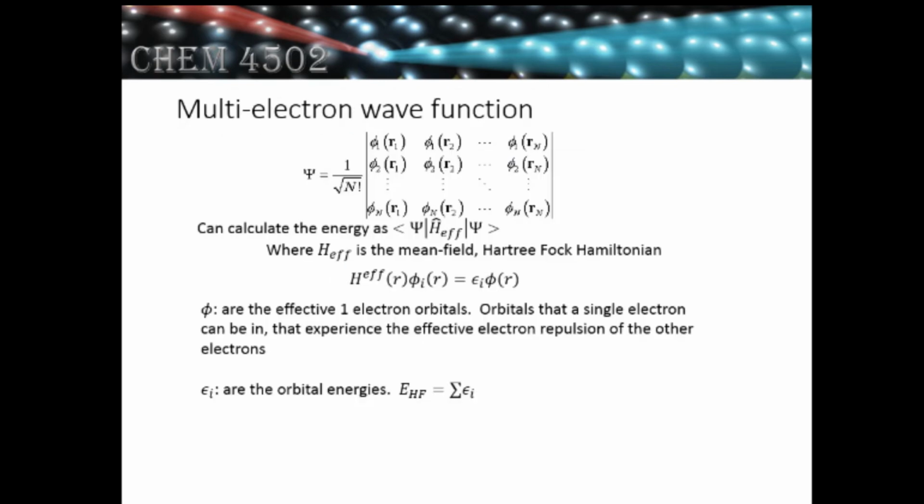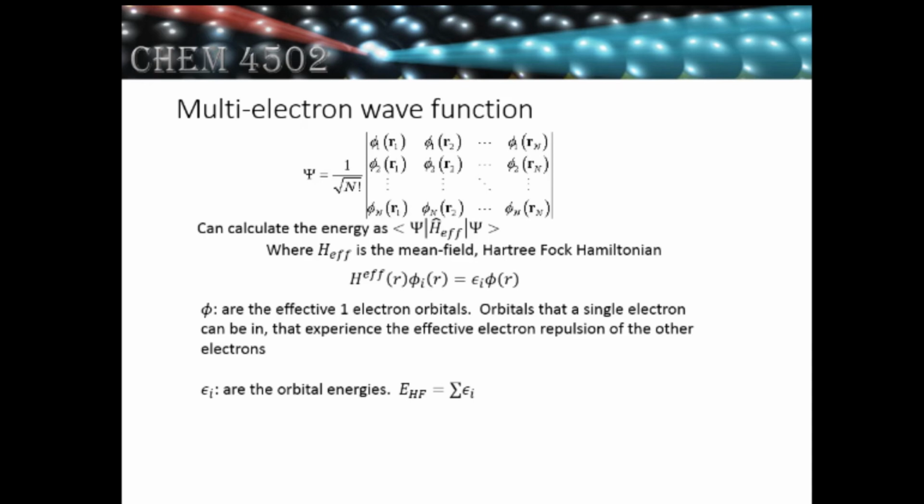So we already said that we were going to approximate our wave function as Slater determinants. Remember, the Slater determinant is a mathematical device which allows us to make an antisymmetric wave function of single electron orbitals. As we go across the Slater determinant, each column will have a different electron in it. As we go down, the different rows will have a different orbital. Okay? We can calculate the average energy